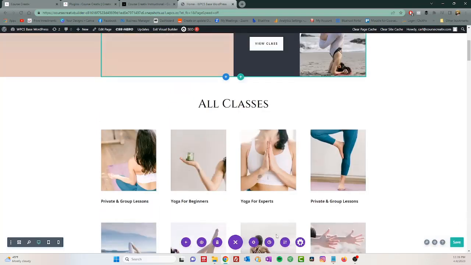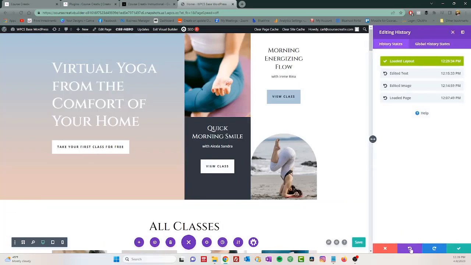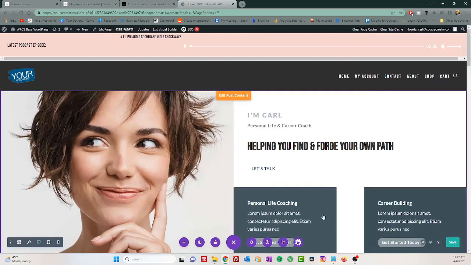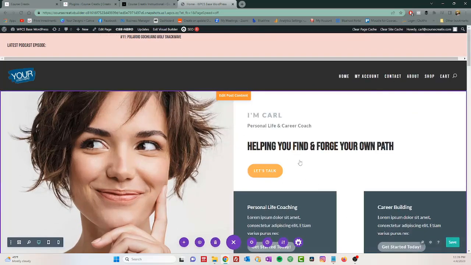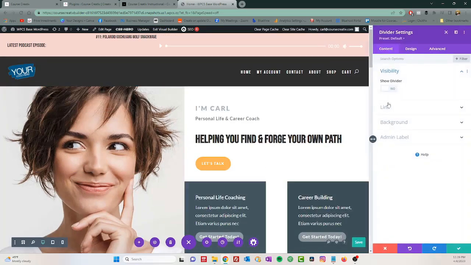Now, like I said, if I wanted to undo that, I would just go here. I would click Edit History, and I would click the Undo button, and I'm back. Just click the check mark to escape, and we're back with the old theme. So as long as you don't hit save, and even if you do hit save, you can still undo most things. So once again, anything below this line, right? If you select anything below this line,